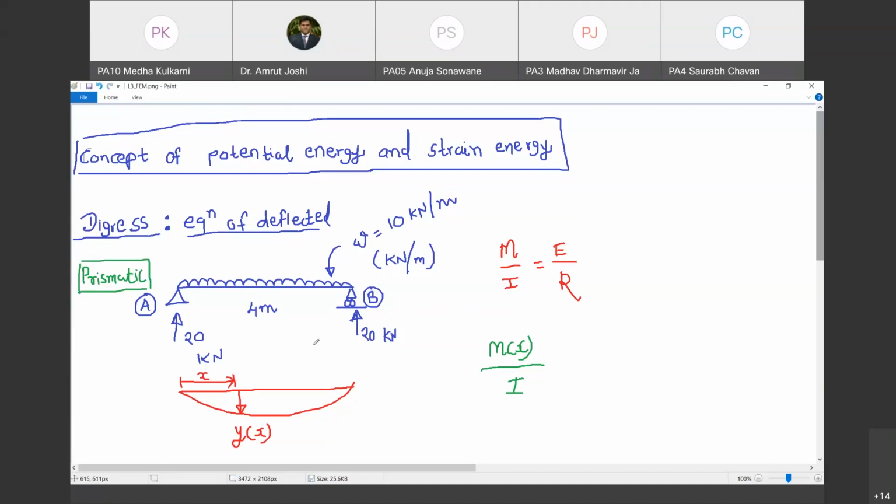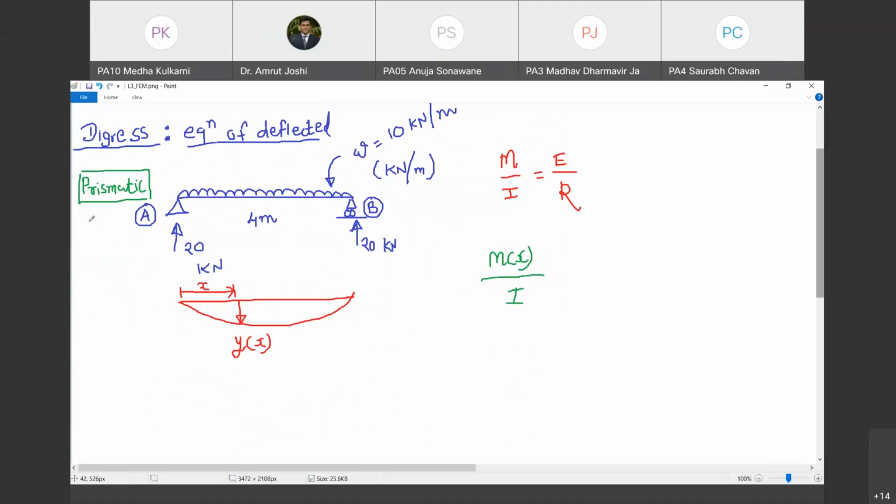When I say prismatic beam, it means that along the length of the beam the shape and size of the cross section does not change. Are you with me? Yes, sir. Saying only shape will not do. The cross section may remain rectangular but it may be tapering along the length. Do you agree with me? Yes, sir. Then that is not prismatic. Shape and size, both the cross-sectional dimensions as well as the shape, should remain preserved along the length. Then I call that beam prismatic. Happy? Yes, sir.